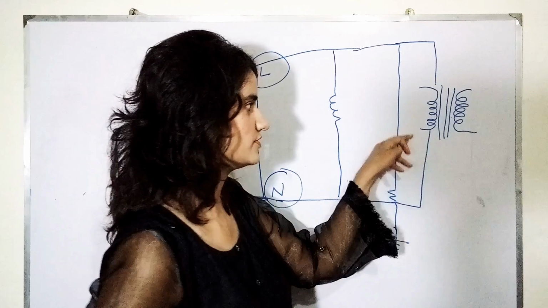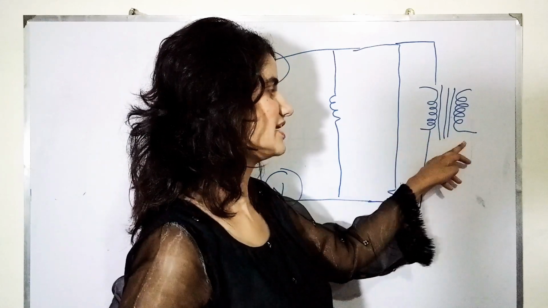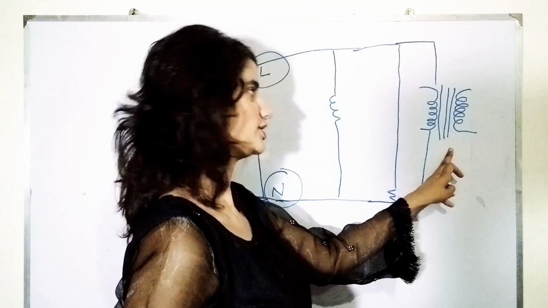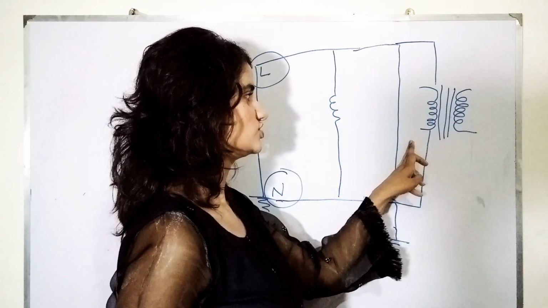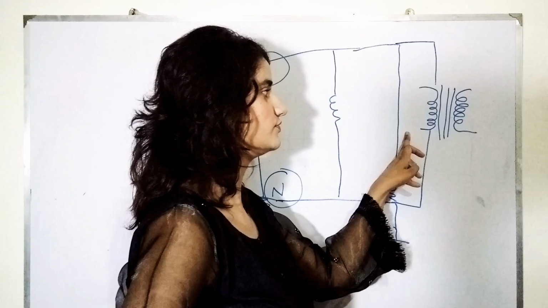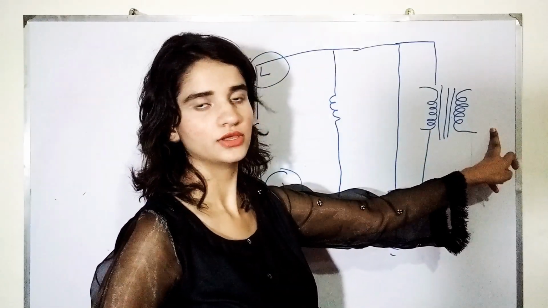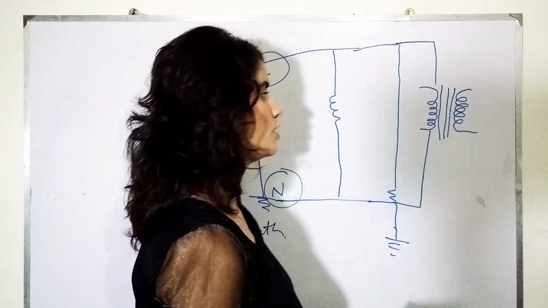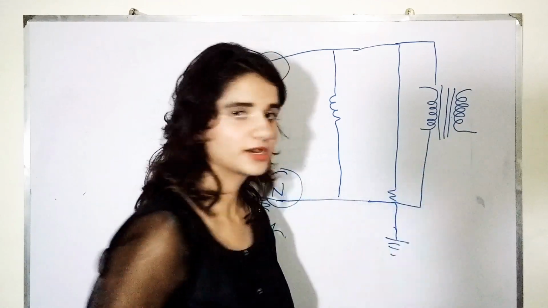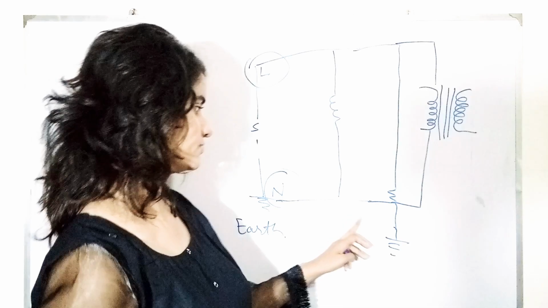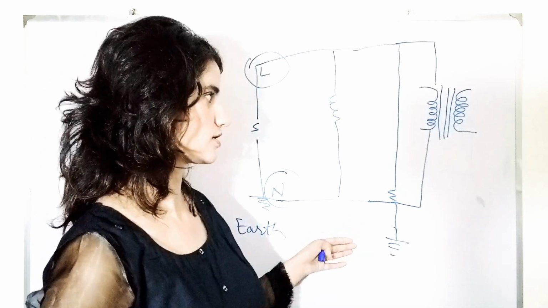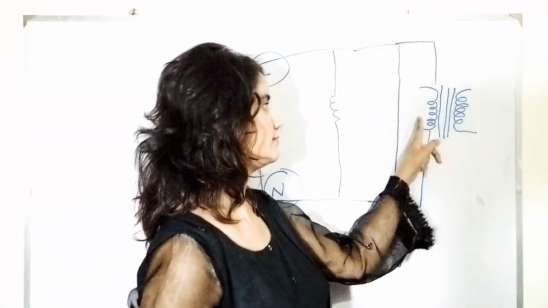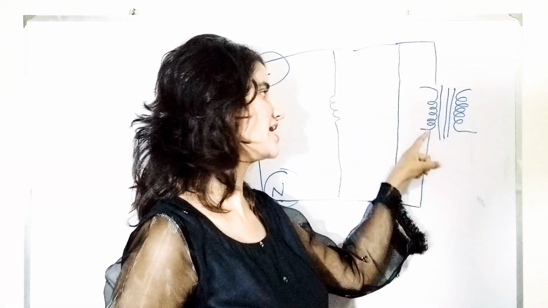Now we know that there is no electrical connection between the primary and secondary coil of the transformer. There is a neutralization being maintained in between. When there is no electrical connection, the current will not cross this region from here to there. When current is not going to this region, it is not giving that property which was giving the earth shock. Now the chances of earth shock are being reduced,